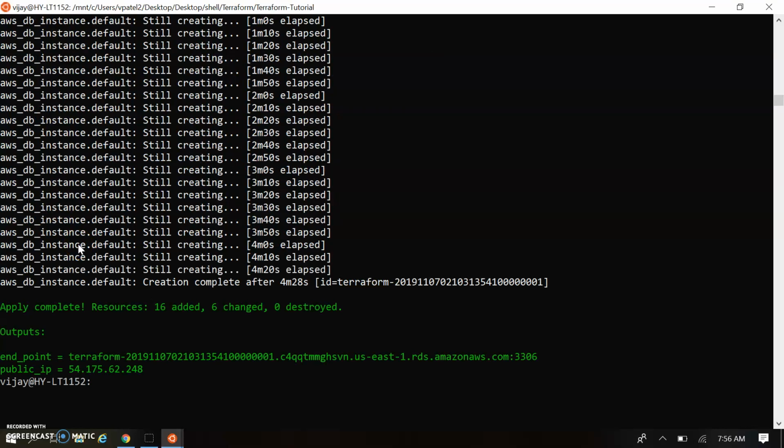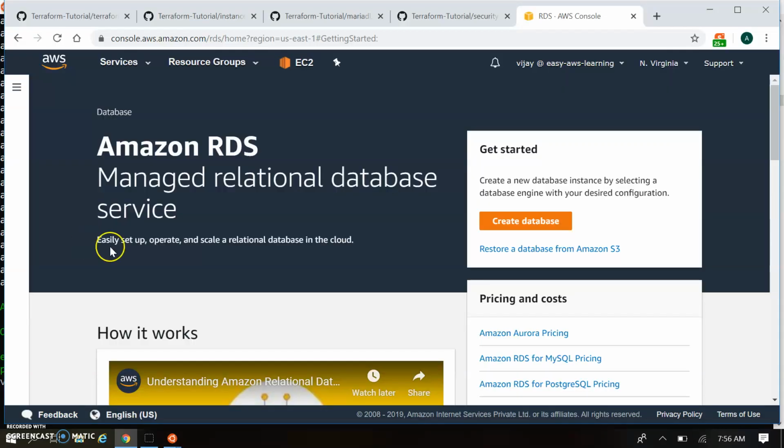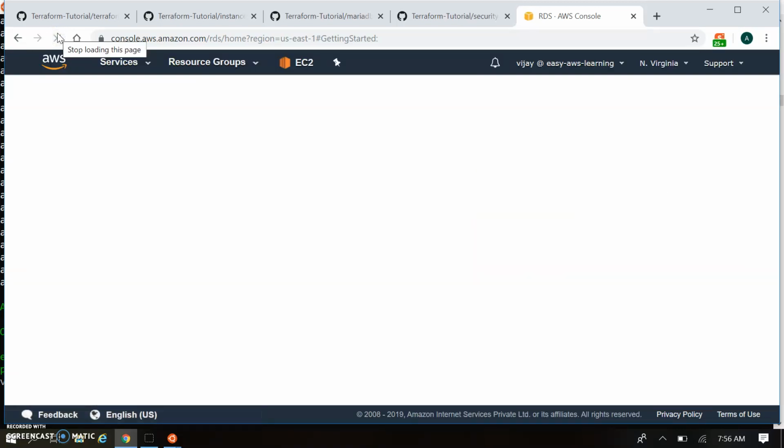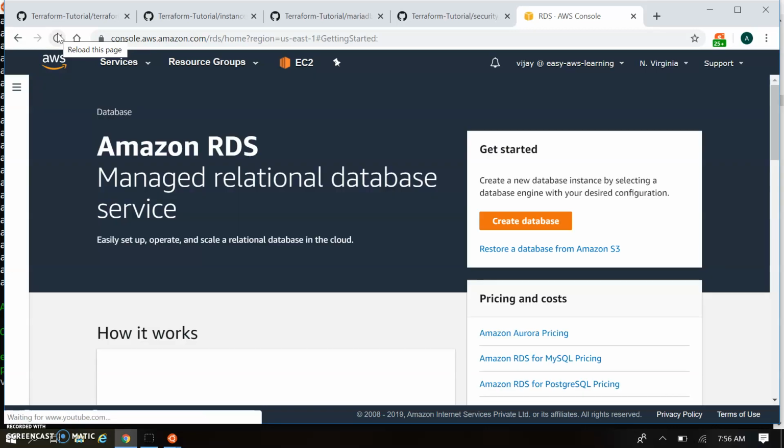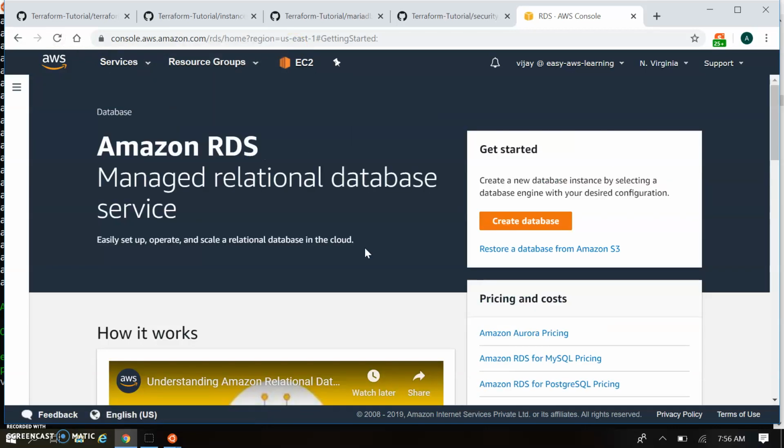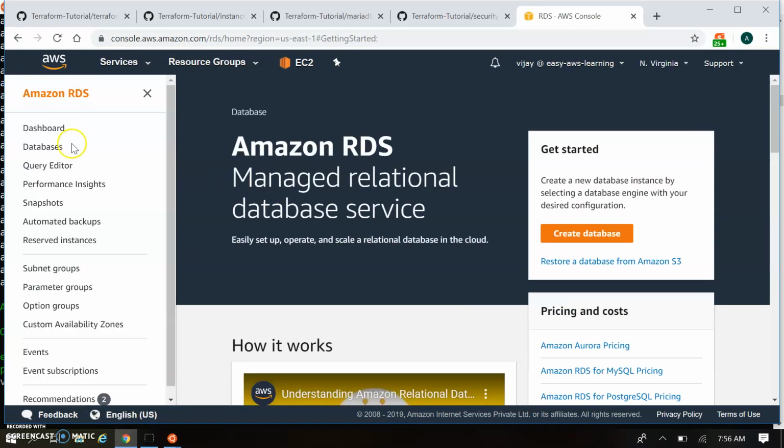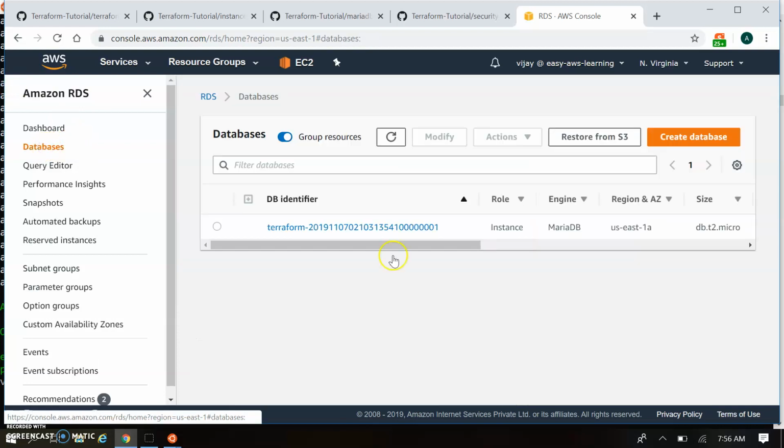Let's have a look on the console side so we can see our resources created. So I'm on the RDS. Let me refresh this screen. Okay, so we got one newly created Terraform DB, which is the MariaDB engine.